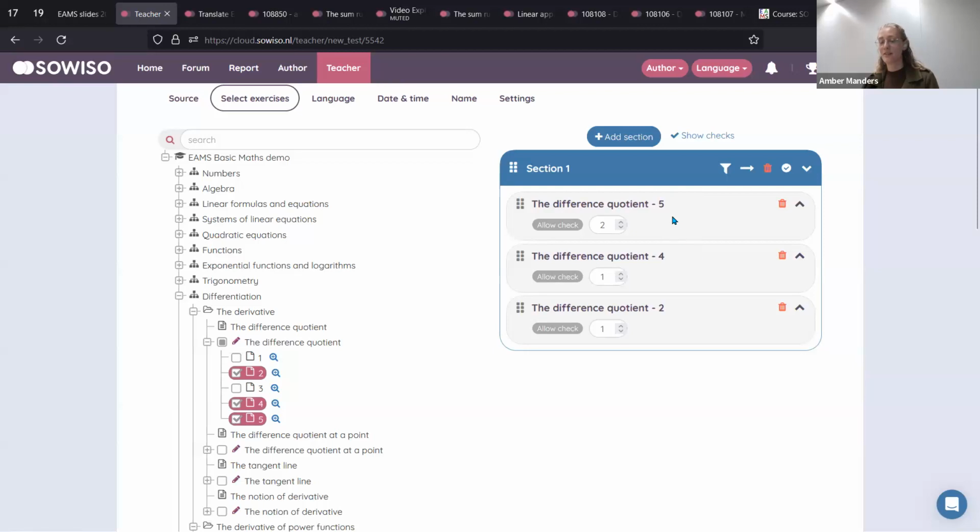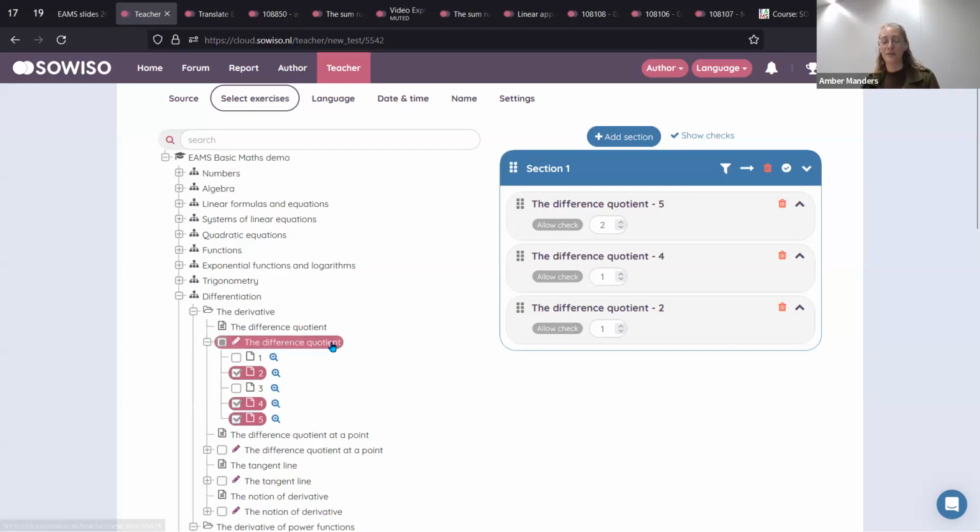They're automatically randomized, so you don't have to do anything about that in the test. Of course, if you don't want randomization, you can just make an exercise or copy one of our exercises and turn off the whole randomization. But we always see that the teachers do want the randomization part.